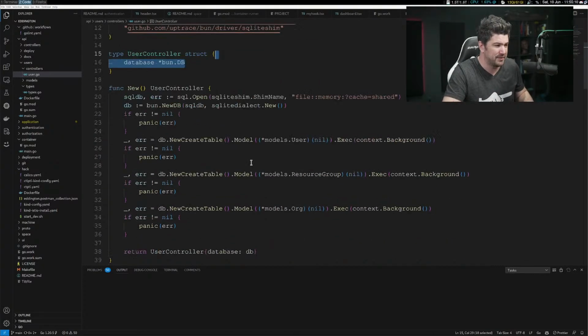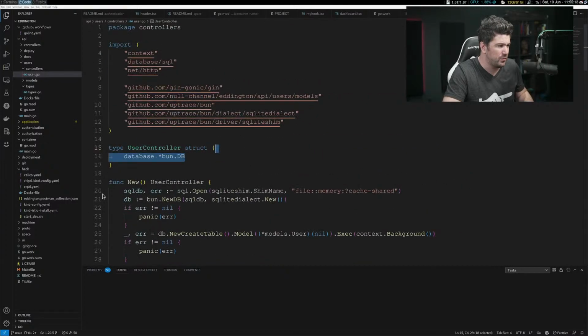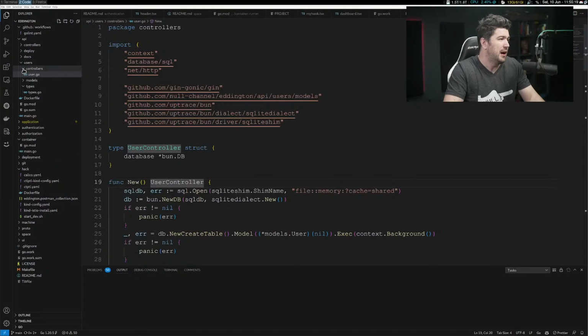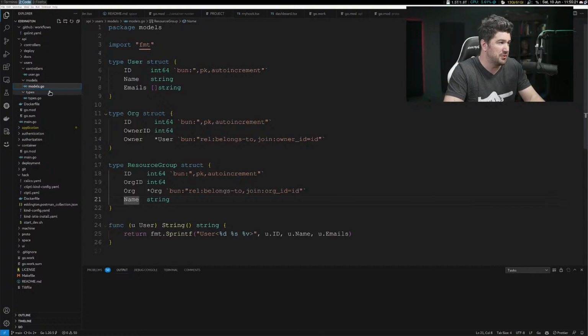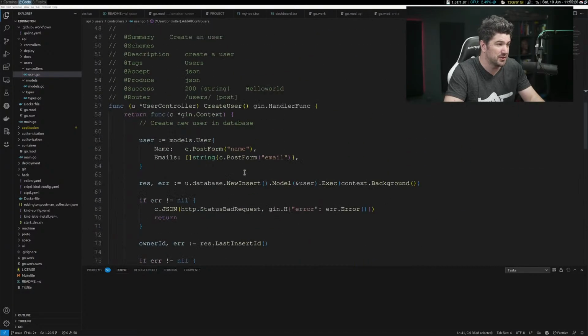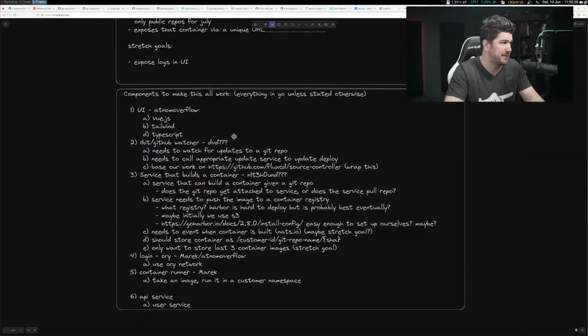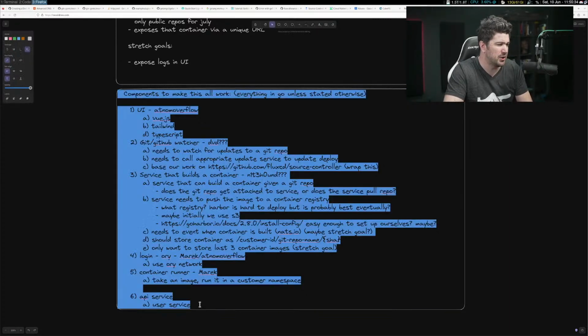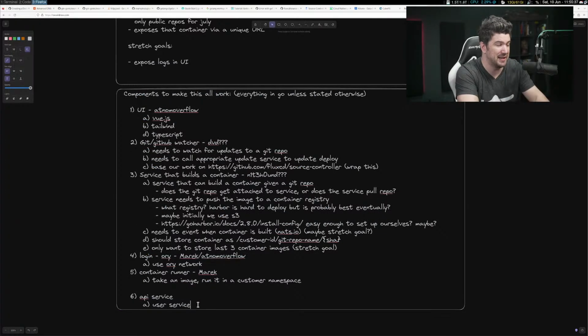And yeah, anyways, it has its own models here, its own database models, and it registers all of its controllers with that function, and so that's how we're doing it. Okay, so the API service has the user service,